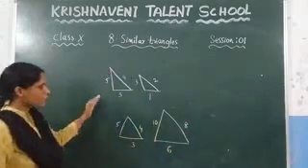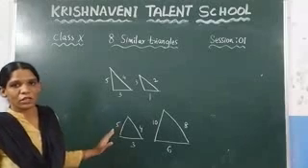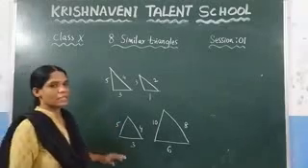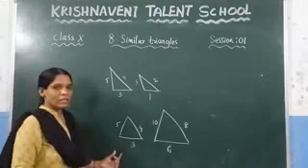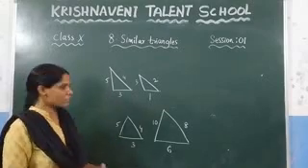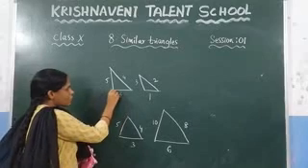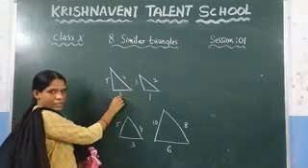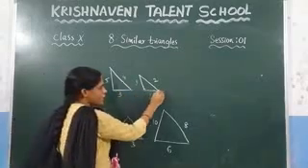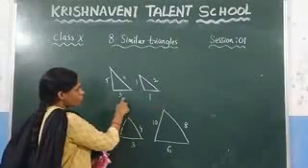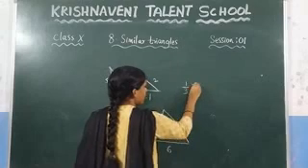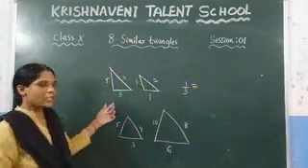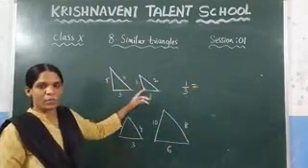So here, whether these two triangles are similar or not, how do you check? Here, what is the condition for the similarity? So here, you need to take the corresponding sides ratio. What is the corresponding side ratio in this? Here, this side the length is 1, and here this side the length is 3. So you need to take the ratio of these. So what do you get here? 1 by 3.